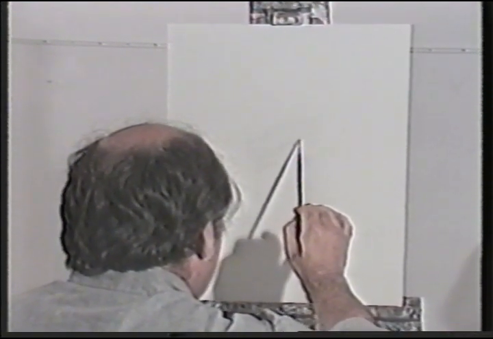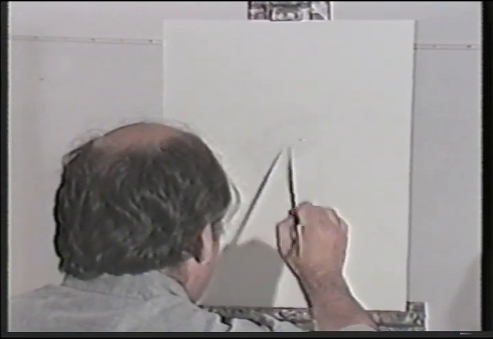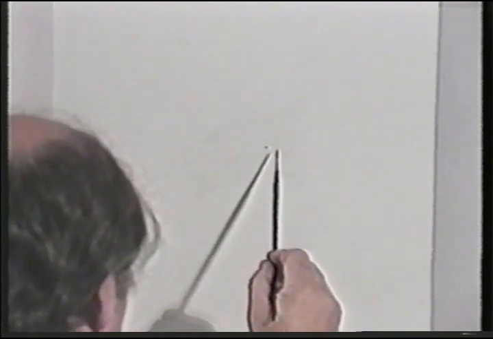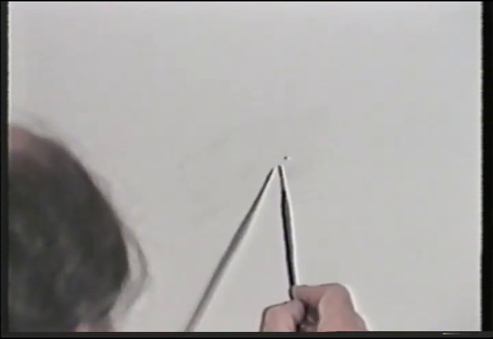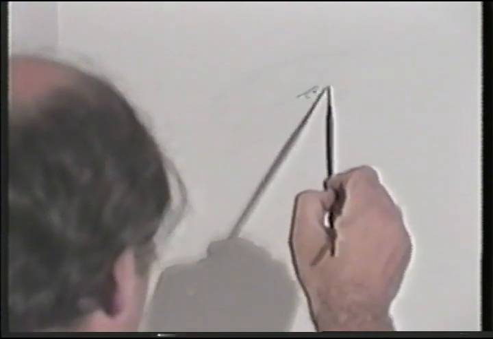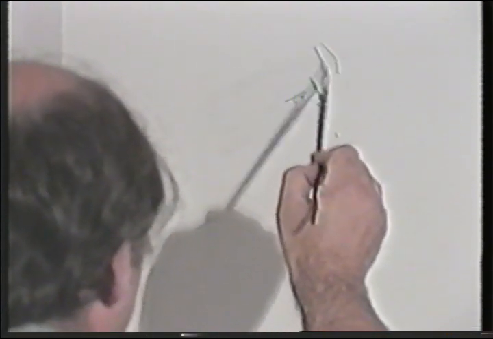Now, having done that, you've anchored the thing. You've made a spot to arrest everything. So let's see where it would go to from there. There's no need for any details at this point, but there is a need to actually feel what you're going to be looking at and painting within the shape of this 16 by 20 board. So we start the eye, the nose,